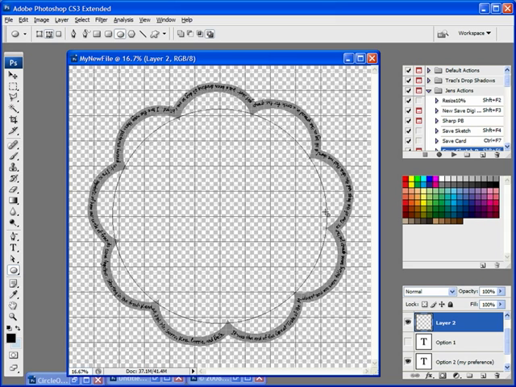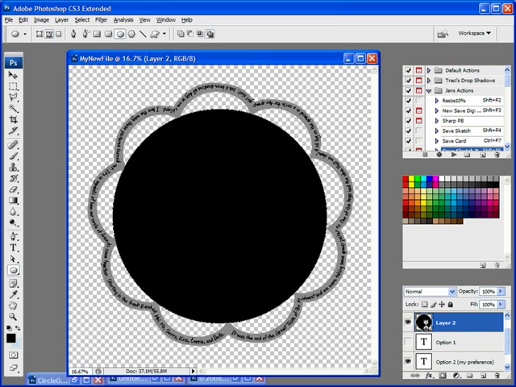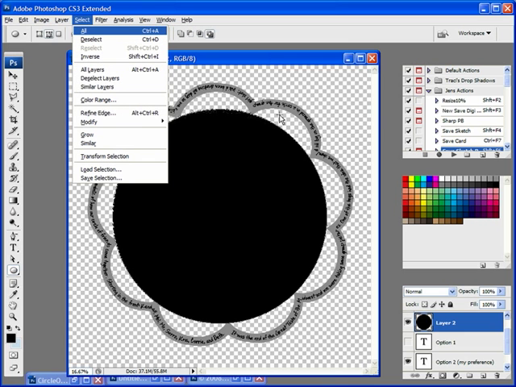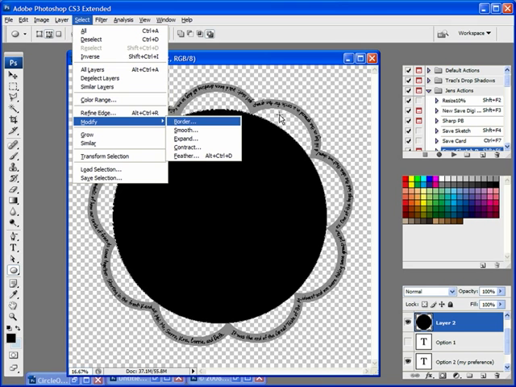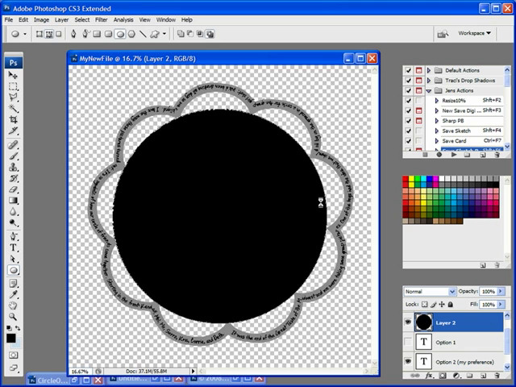from the center. Okay, and I drew it as a path, so let me just go fill in my path really quick. So I'm going to Control click on my circle, and that will put some marching ants around here. And now I'm going to hit Alt S, which brings up my select menu, and then hit M for modify, and then C for contract. And I'm going to type in 30 right there, and that's going to contract it by 30 pixels. Just going to click my new icon actually. I'm going to pick a different color, and I'm going to hit Alt Backspace to fill in my circle with